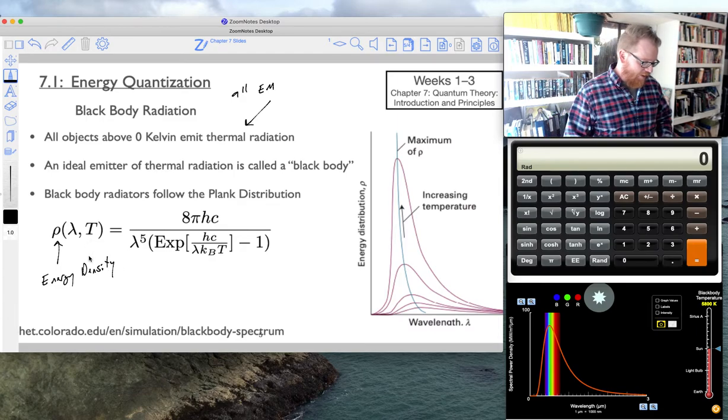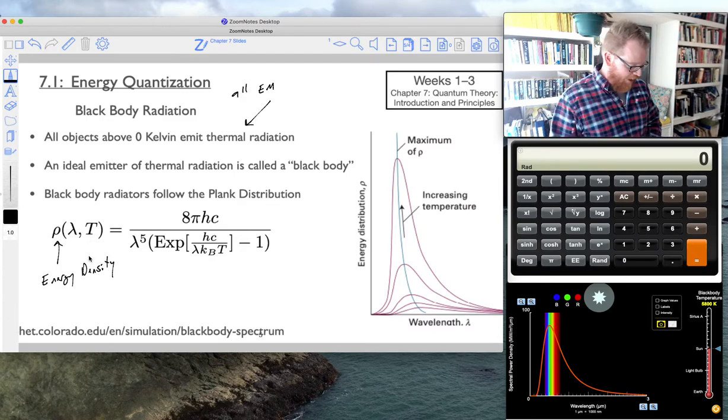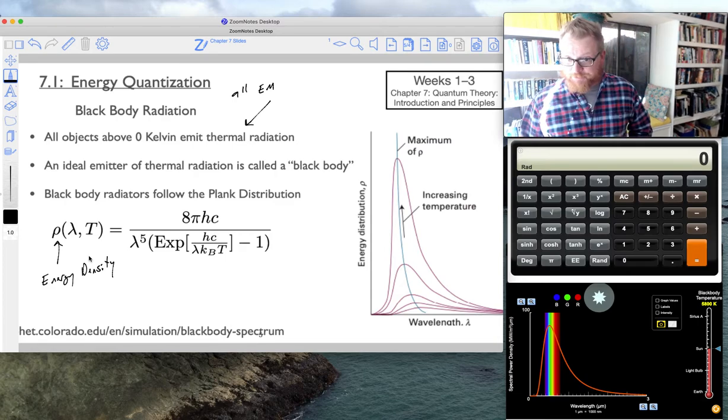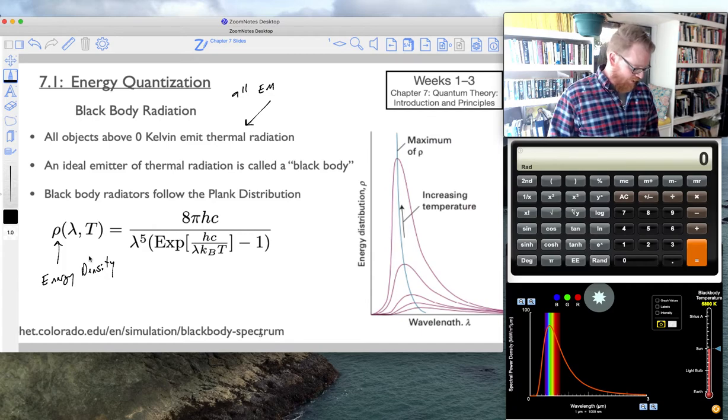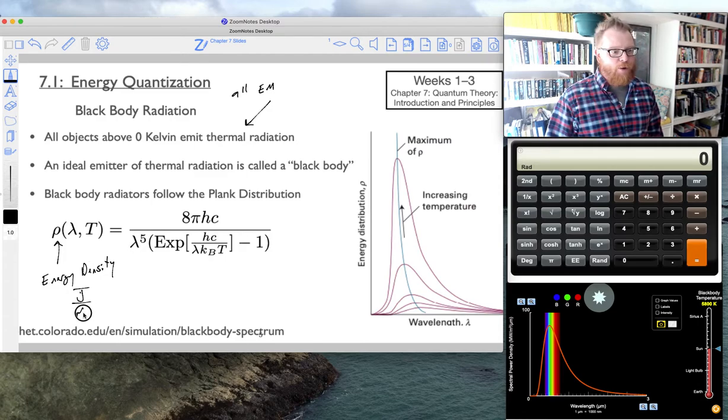And as you can see, that is a function of wavelength as well as temperature. So the energy density depends on what your wavelength is, and it also depends on what the temperature is, okay? So the energy density will have units of joules per meter to the 4th power. However, if we were to integrate this energy density, so if I integrate this from some T1 to T2,